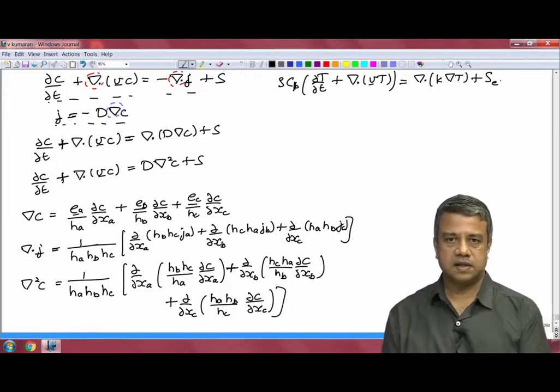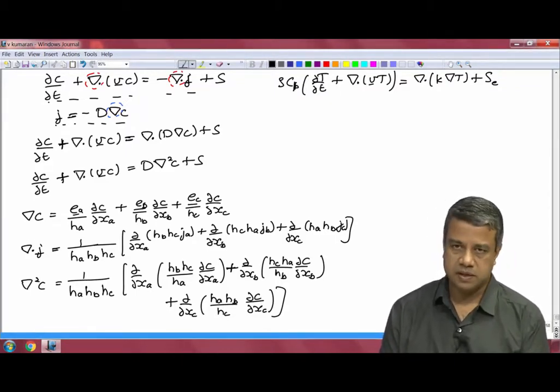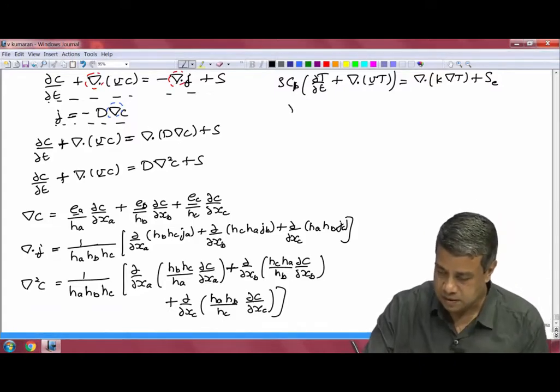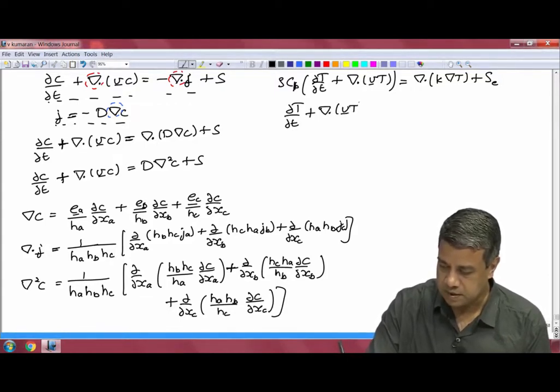Okay, so that is the extension to heat transfer. Here we have assumed that rho C p is a constant, which is a good approximation in normal situations. Dividing throughout by rho C p, the equation becomes partial T by partial t plus the divergence of V T